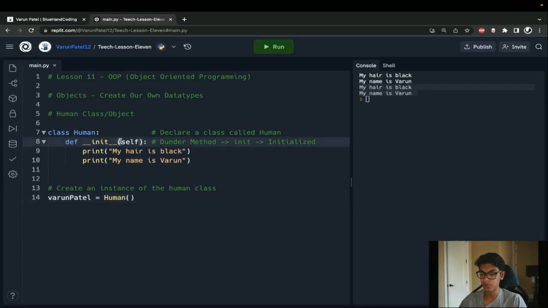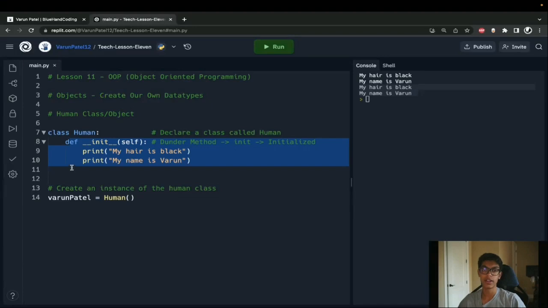So basically, what this self allows us to do, and we'll see it later on, is that throughout our class, we will be able to essentially reference our own attributes. That's as much as I want to go into it right now. We'll see it in the code, but just think about self allowing us to reference